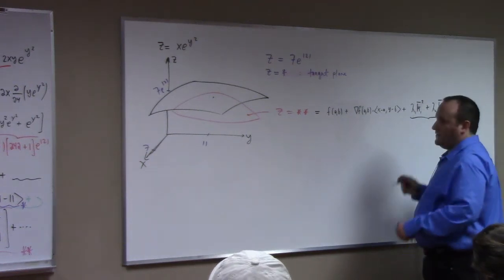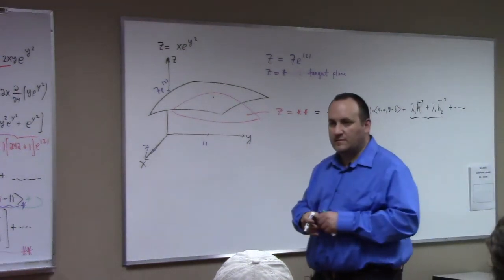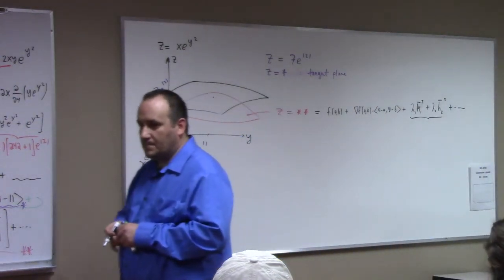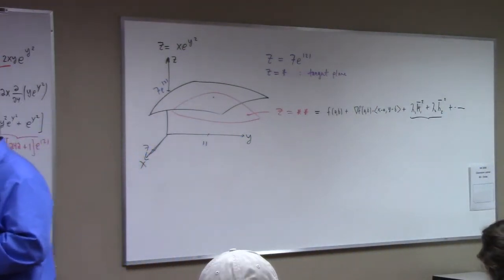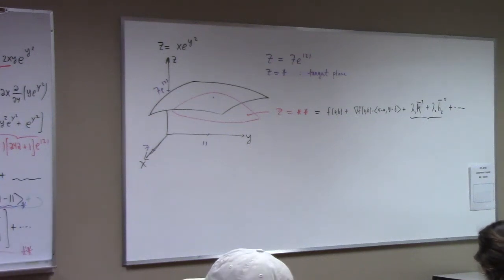So this piece right here, we can use the real spectral theorem on, right? And that will kind of reveal what it looks like. So if both of the eigenvalues are positive,